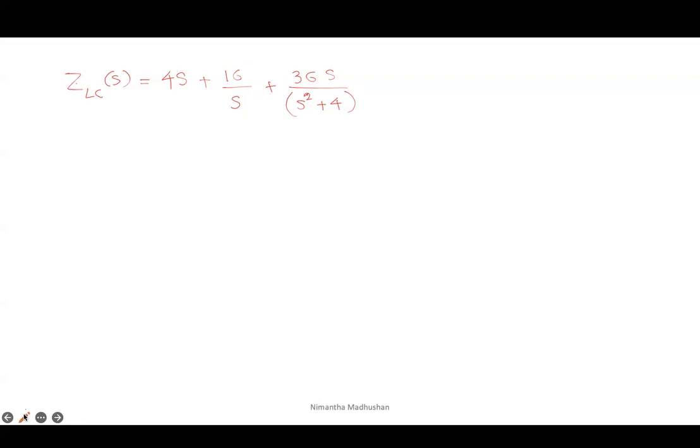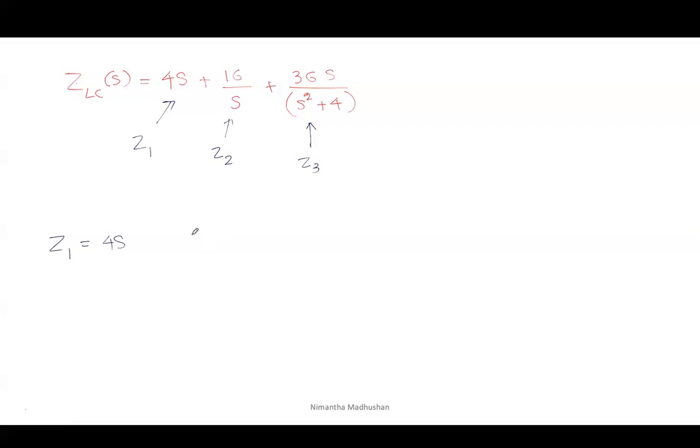For each section, we can represent impedance value. This is Z1, Z2, and Z3. This is ZLC, meaning the total impedance, and these are the small pieces of impedance value. If I consider the Z1 is equal to 4s,